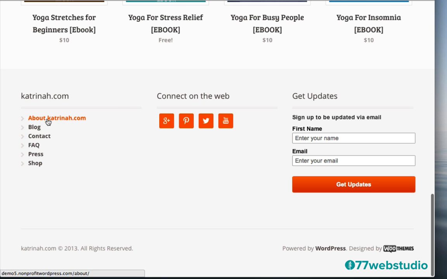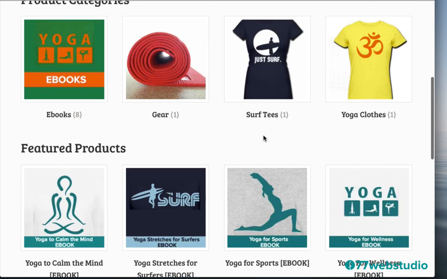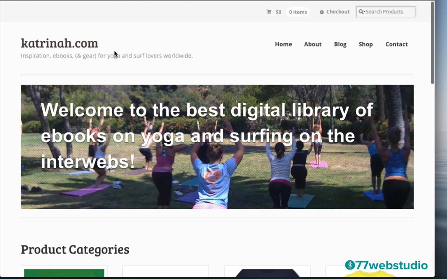I actually really love the orange. I like orange for my buttons. It really stands out. But this theme also comes in other colors, I believe, like blue and yellow and green perhaps. There's quite a few colors that you can choose from, keeping in mind that the background of this theme will continue to stay white, so it'll pretty much look just like this. The only difference is that when you change the color, these different links will all change throughout the website to the color that you choose.